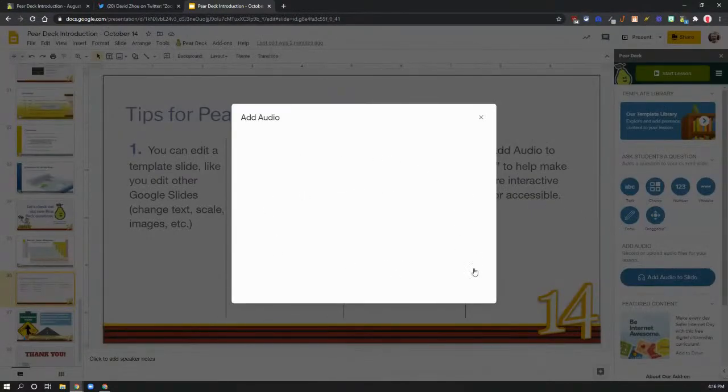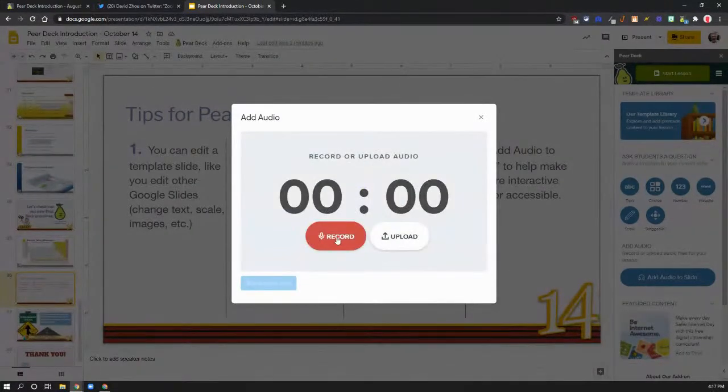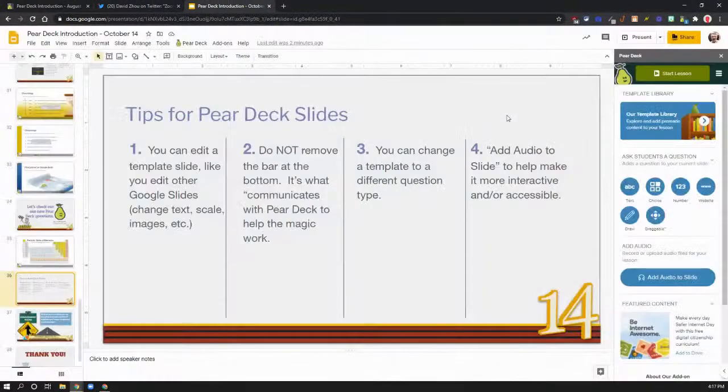The dialog box will come up. It allows you to record audio, allows you to import audio, and you can do that. And we're close on time, so I'm going to go ahead and not wait for it to load. I apologize for our internet being, there it goes. Yep. So the audio recorder, you can record, you can upload audio, and then it will play. There will be a play button that's right there inside the slide when you get to it inside Pear Deck,